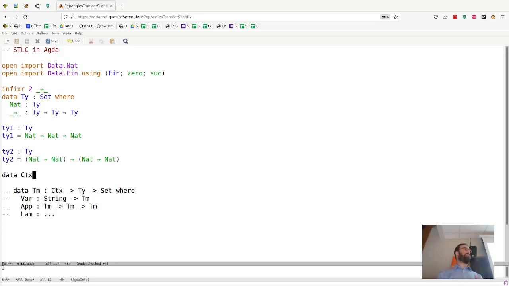So the variable 2 just means the second thing in the context. In order to make that work, the context is actually going to have a natural number that tells you how big it is. Because otherwise we don't know what would be a valid variable for this context. If the context has 3 things, I don't want to have the variable 5 because it's going to be too big. So the context is going to say,